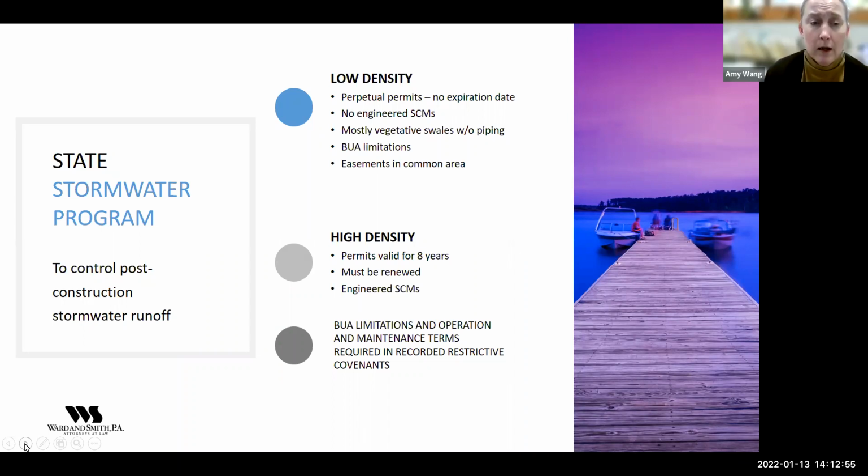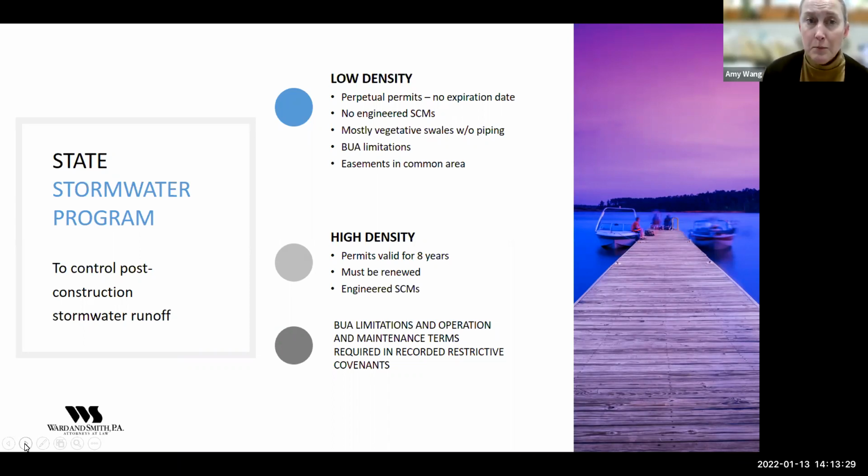And at a certain point, engineered stormwater controls might be required and combined with those built upon area limits to treat stormwater. So on the side, you can see, for example, a low density community, a community that allows, depending on where you are, between 12 and 25% of the area to be developed, so that you have enough green space to allow that infiltration to occur.